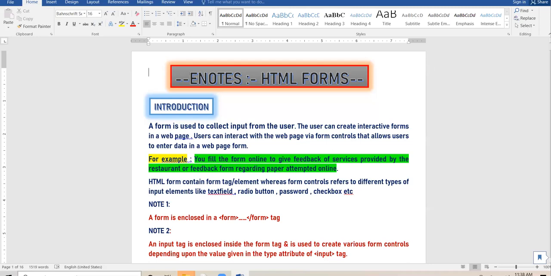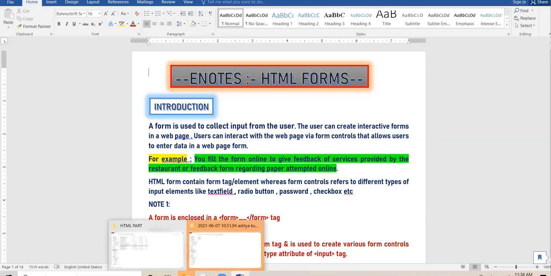So HTML form is a section of HTML document which contains the normal content and some elements. The elements which are contained in the form are known as controls. Clear?